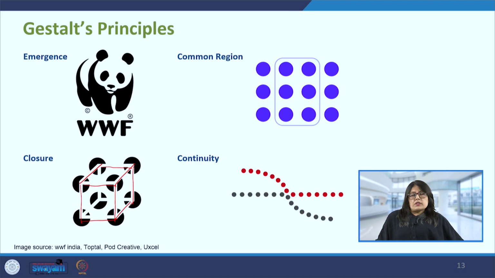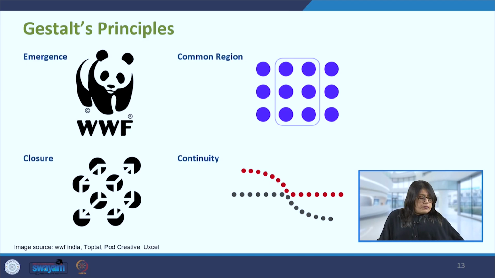So coming to the principles now, we can see here emergence, which is central to Gestalt's thinking, which talks about how we perceive the world without thinking too much about understanding every small thing around us. So here we can see the example of a panda, and a lot of these lines in the panda are missing here, but still we connect those lines, and we can see the round head of the panda. The next is the closure. So I have drawn these red lines here, which were the negative space that the circles were creating. So this is what it was originally.